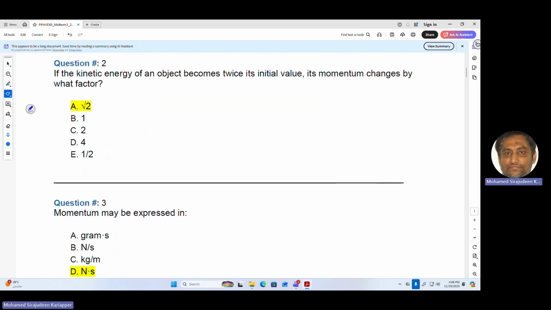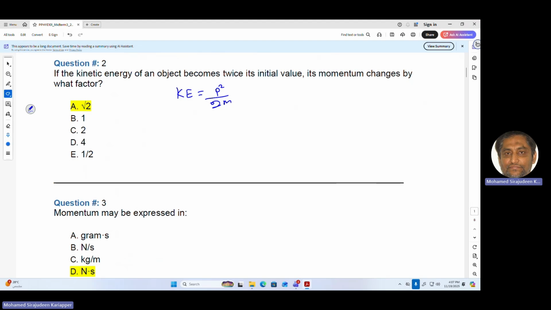So if you look at the pattern, there is always a pattern, right? Number 2 question, if you take last year, it is the same question. You connect the kinetic energy and the momentum. The equation is this: kinetic energy is equal to momentum squared over 2m. This is for the magnitudes of the kinetic energy and the momentum, so it's simply a scalar equation. So what he is saying here is the kinetic energy